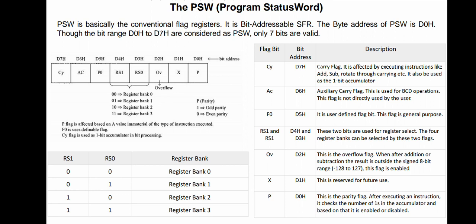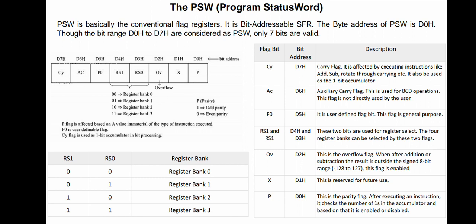If these bits are 00, then register bank 0 is used. If these bits are 01, then register bank 1 is used. If the value is 10, then register bank 2 is used. If the value is 11, then register bank 3 is used.